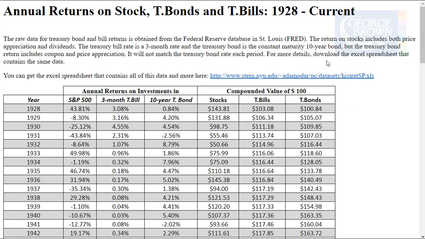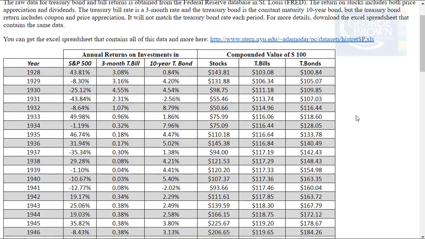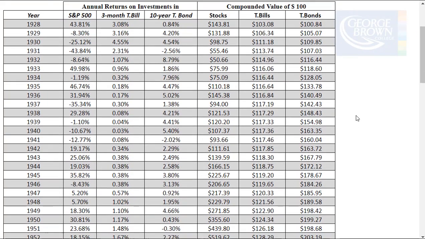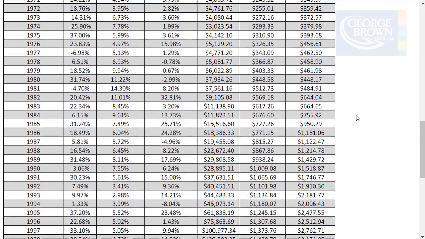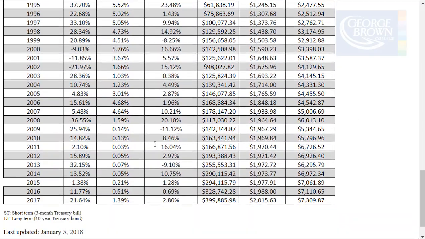$100. And it says here the return on stocks includes both price appreciation and dividends. So how do you get the return? It's ending price plus dividends minus beginning price, divided by beginning price. That gives you your total return. And so he's done the calculations starting in 1928. It's not updated yet for 2018. It ends at 2017, and then he's doing the growth similar to what we saw with the Ibbotson SBBI yearbook,